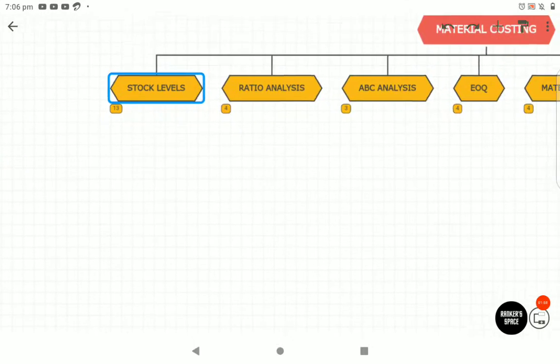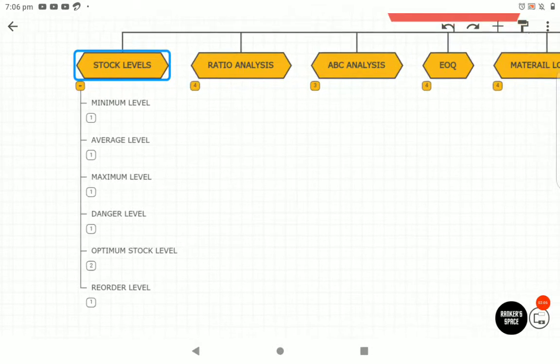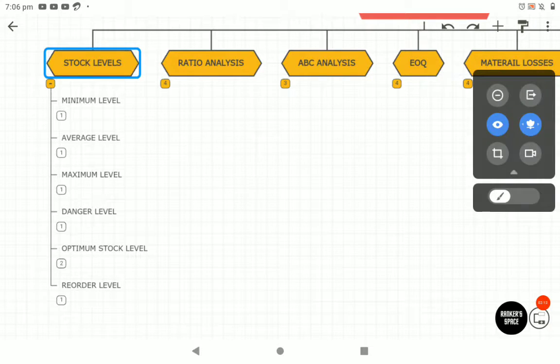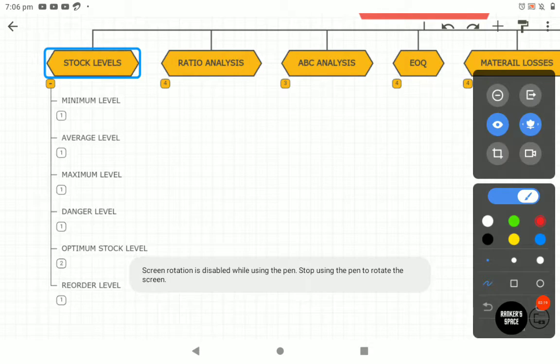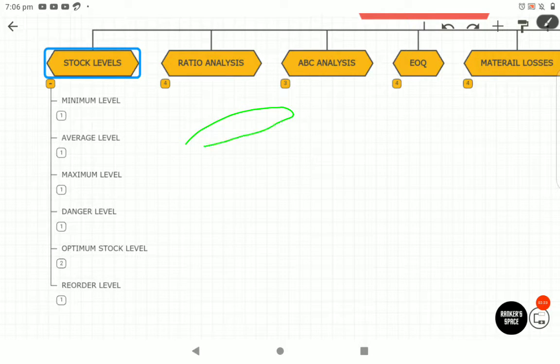So the first topic that we're going to be seeing is the stock levels. So when I talk about the stock levels, I wanted to visualize one thing in your mind. That is nothing but a bin. You have a rice bin in your house, right? Every one of us as households, we'll have a rice bin at home where we store rice for household purpose, right? You have huge bins, right? So let's visualize that. You have this big bin in your house.